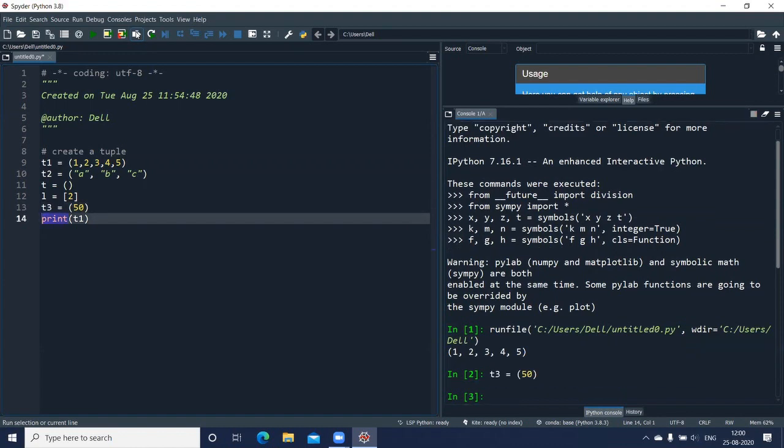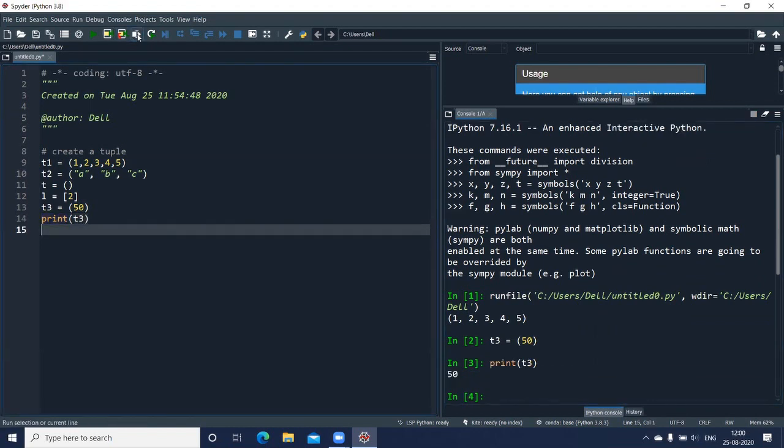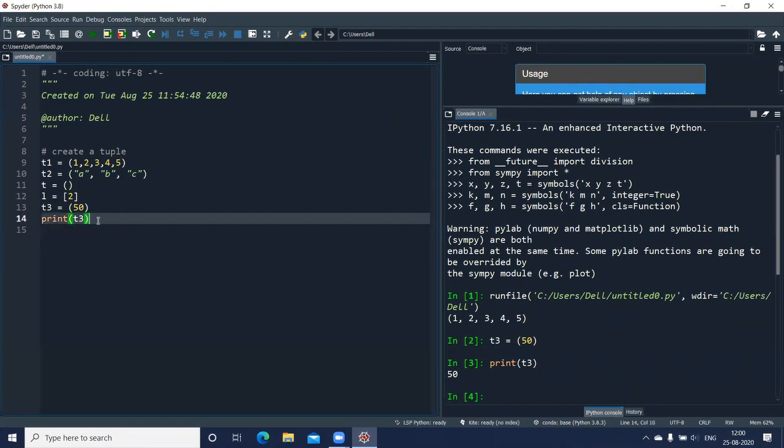You can see I'll display the value of T3. It's working, but might be the version has an issue here. In the older version, comma was compulsory. Now without comma also it's working here. So might be there are some changes here. We'll check this again.